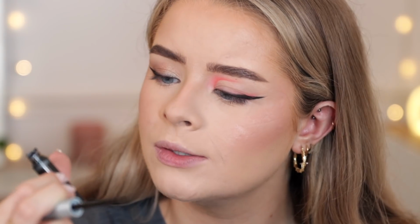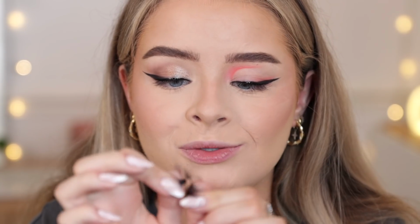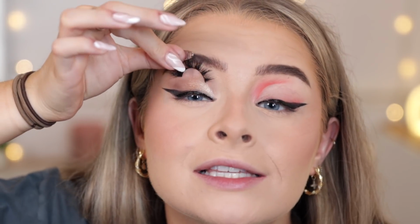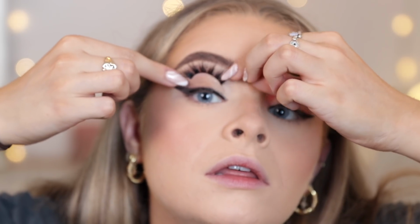The lashes I'm using are Unicorn Cosmetics Majestic AF. I'm taking some lash glue. This is the House of Lashes glue and it's black. I'm gonna paint it along my lash line. And she sort of wiggles it about a bit and then she sticks it up here like this, and then, let's try that again, shall we? And then,